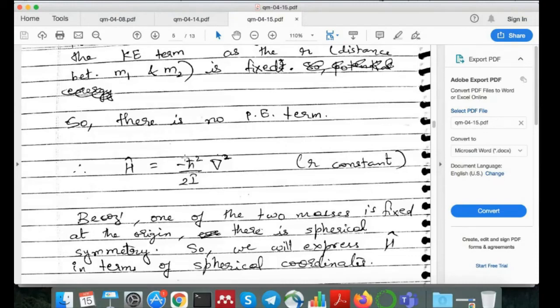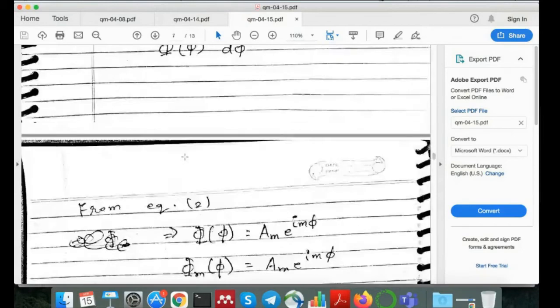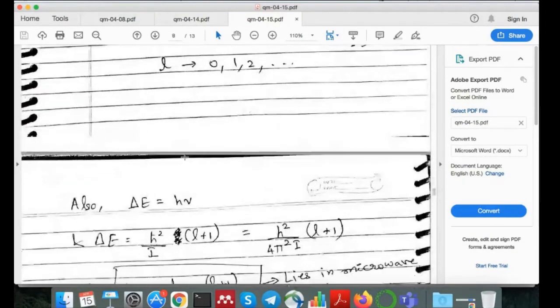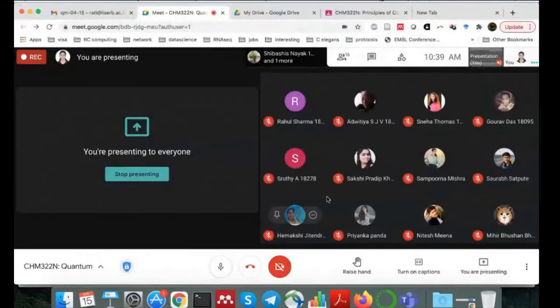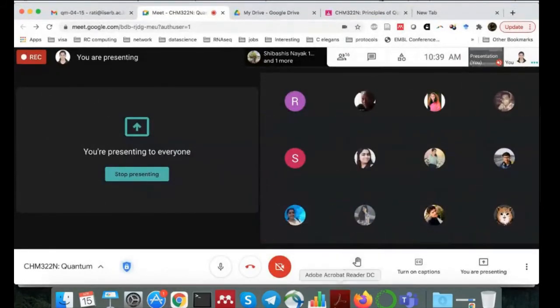So the Hamiltonian is very important, and you need to know in which case you will have a potential, in which case there is only a kinetic energy term, in which case the potential is different, and depending on what the potential is, what eigenfunction you get. Okay, so those are things that you should try to understand. Okay, all right. Any questions? Okay.